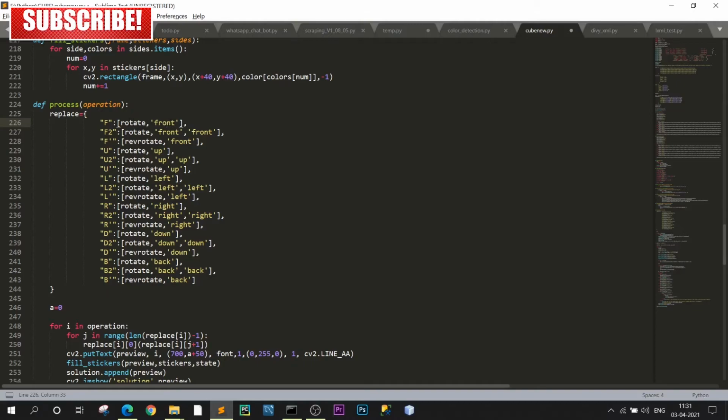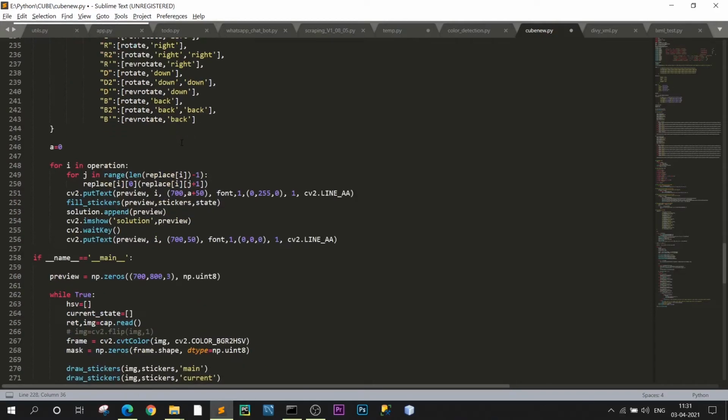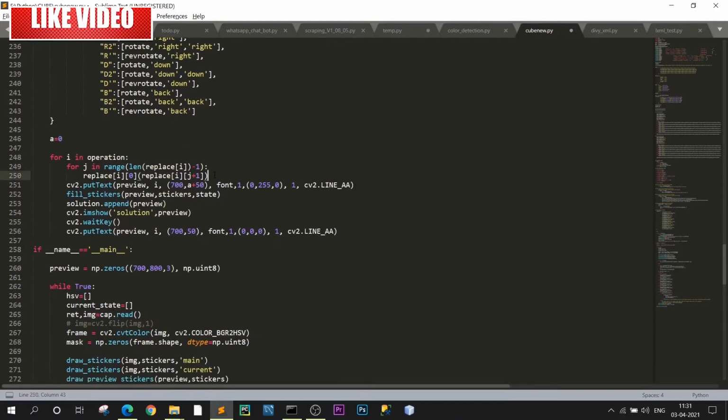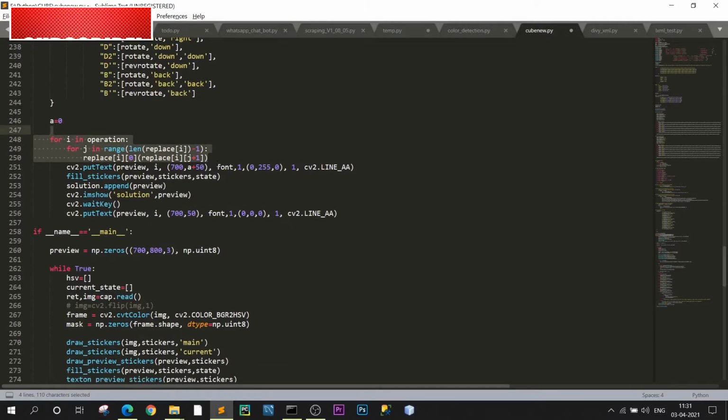For one rotation we will pass front and rotate. For two rotations we will pass the front side two times, so it will process this function two times. And for reverse rotation we will pass the reverse rotation function with the same side. Now from here we will call all these functions, and after that we will call fill stickers, so that we can fill the stickers after successful updating of the rotation.